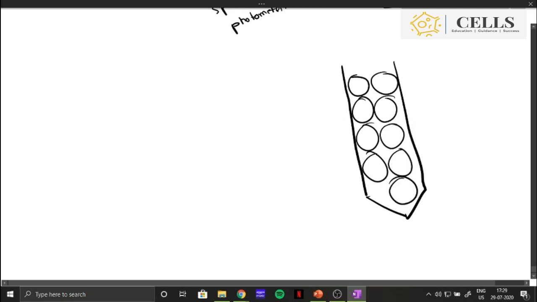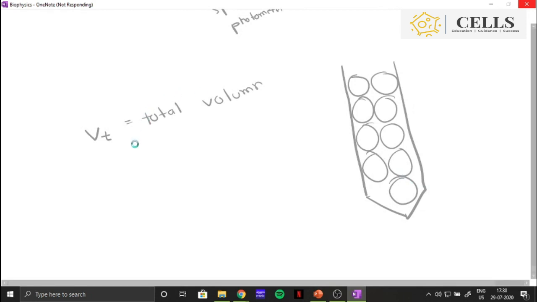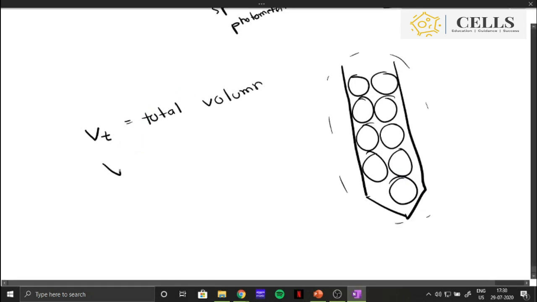The total volume, Vt, is the total volume of this column. Then you have V0, which is void volume. Void volume is the free spaces that are present here. These free spaces are void volume. You have Vx, which is bead volume,